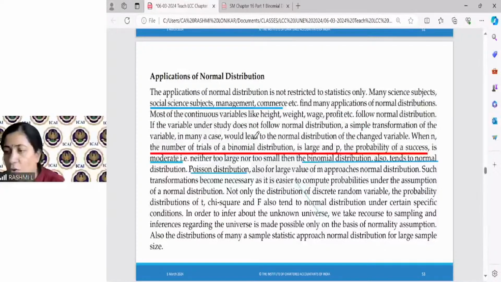The application of the normal distribution is not restricted to statistics. You can use the normal distribution in science also, and in management. Why? Because it is considering the continuous variable, so it has a larger playing field. Wherever you have things like profit, heights, weights, there you can use